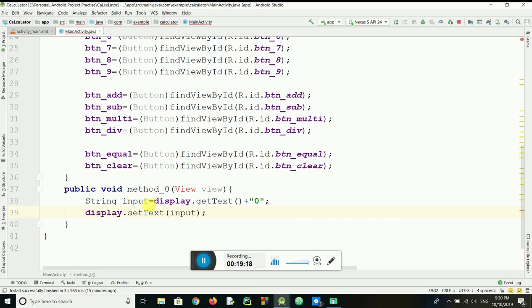I declare the string type of input, which I get from the text, and here I set the 0. When I press the 0 button, the display gets the 0 that I pressed, and it will be passed on to the display. Set means it will be displayed, and get means